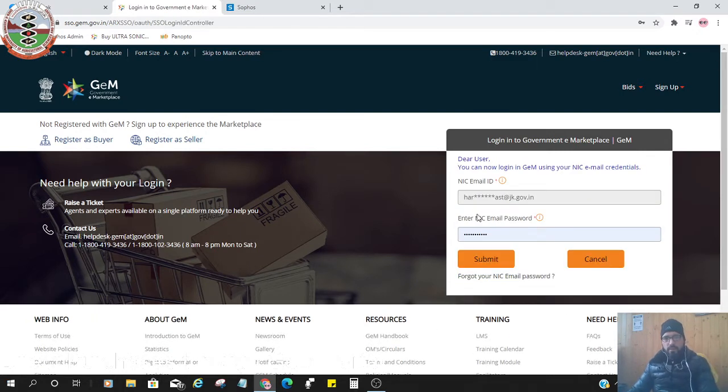And the next screen is NIC email ID and password. It is already saved in my computer, and I will not be asked to enter it again, so I will click on the submit button.